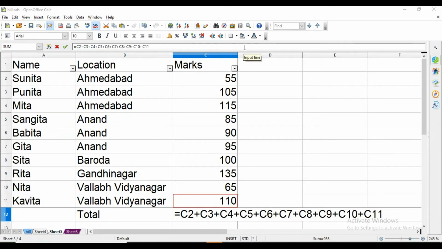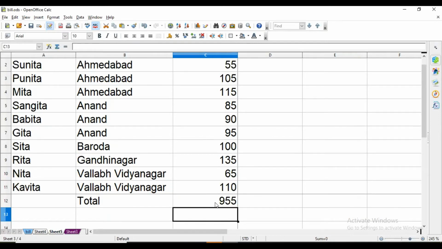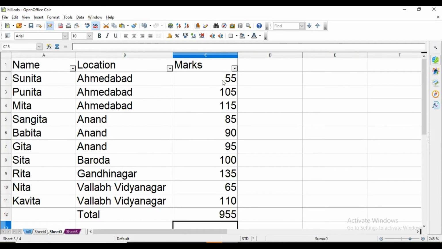Now I'm pressing enter. You can see this is 955. Now I'm going to change it from 55 to 75 and see, now it is changing. So this is better than the first method that we have used.